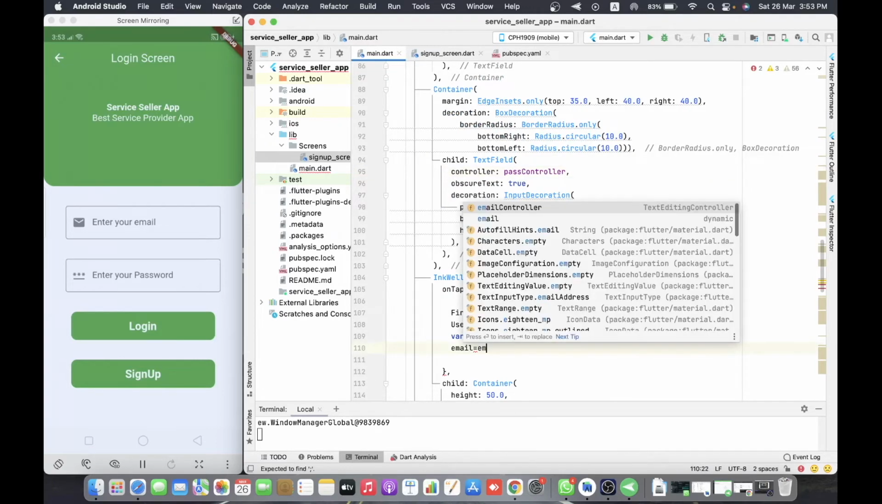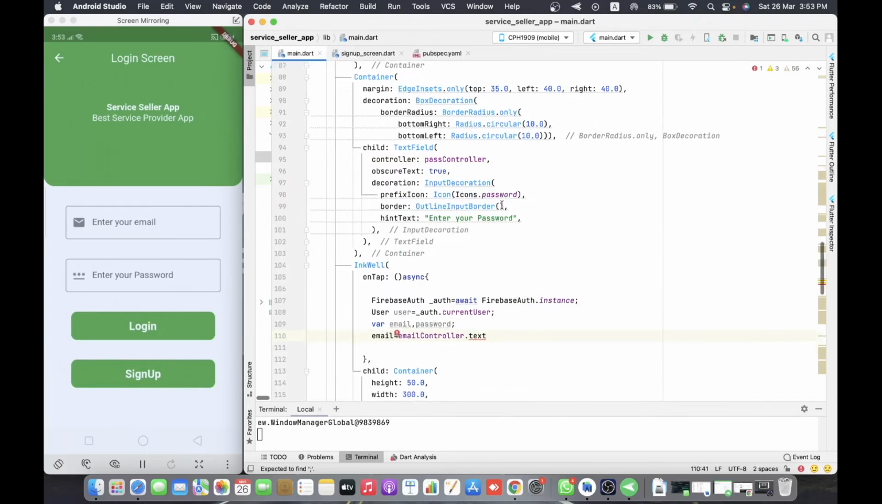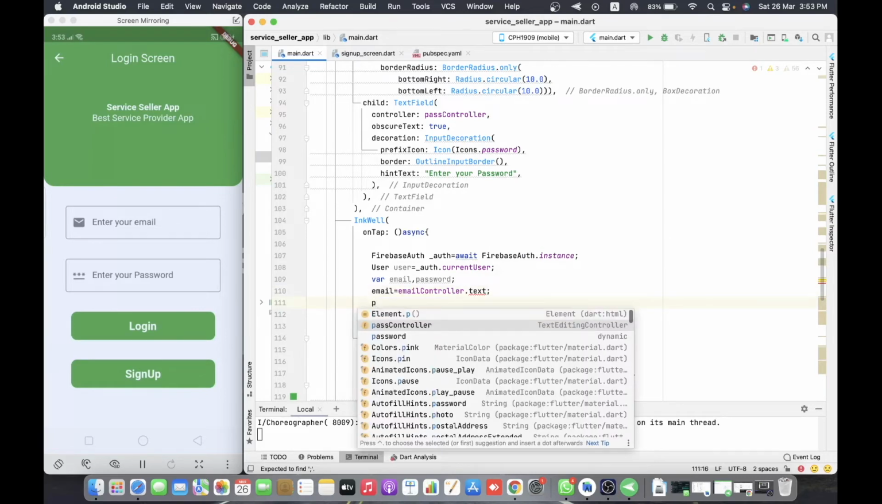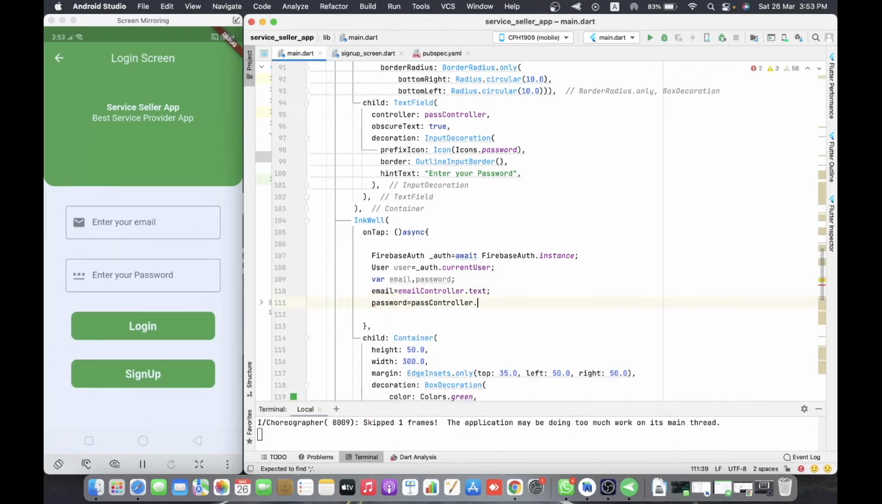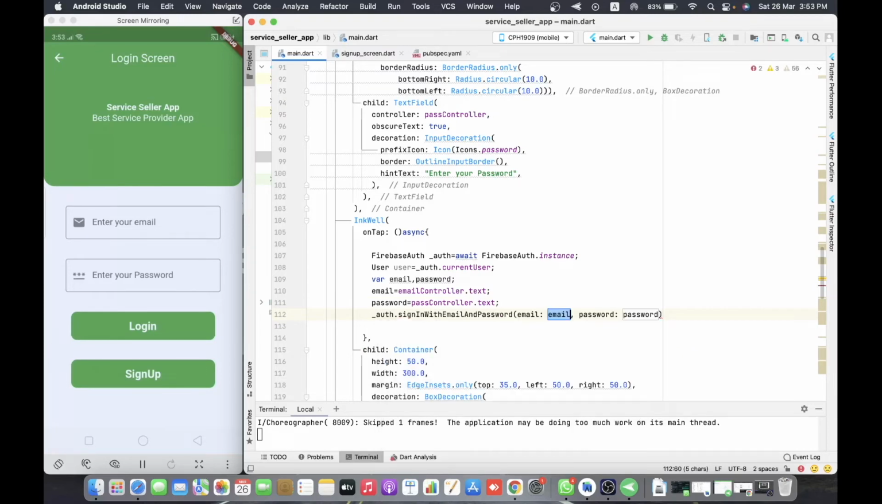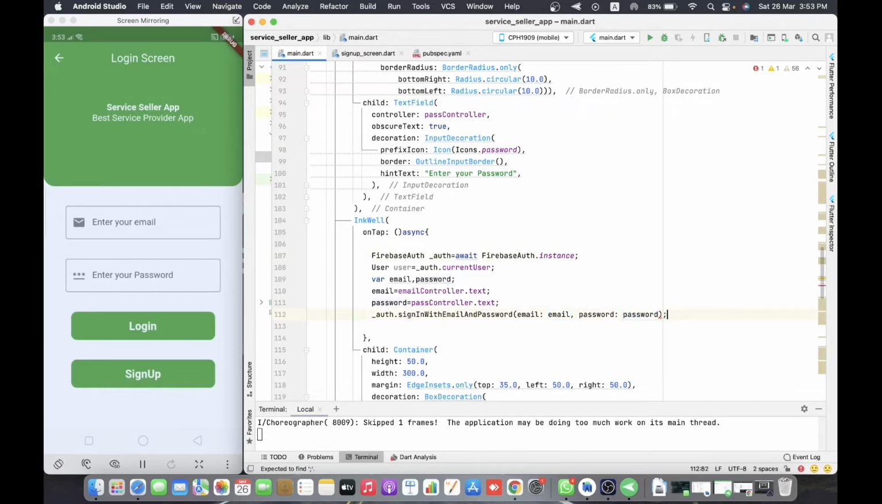So now initialize it as email controller dot text. Let's minimize it so you can see it. Email controller dot text, and same for the password. Password is equal to pass controller dot text. And now auth, I use another method, auth dot sign in with email and password, and give it the variables email and password, same as this. So now I comment it, put a terminator here, and now show the